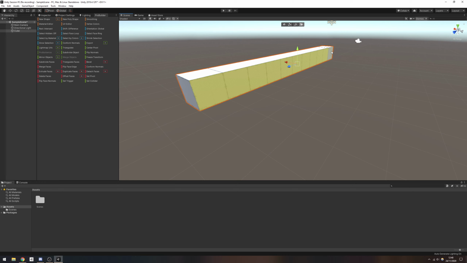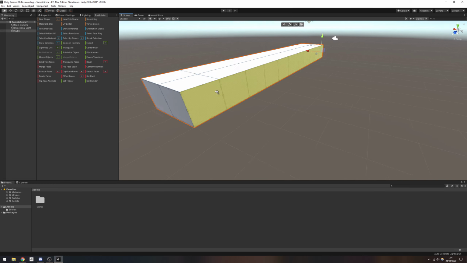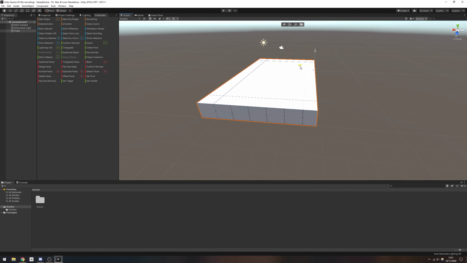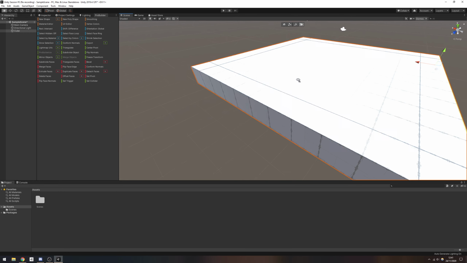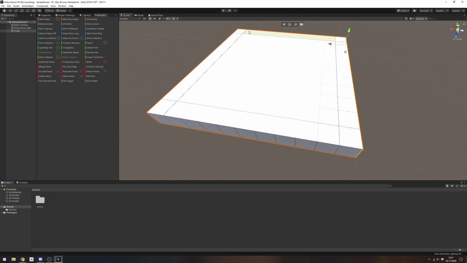And then I'm going to select these. To multi-select, it's the same as in Unity. You just select one of them, hold Shift, and then select the rest. And I'm going to extrude again, and drag out yet again to about maybe there. I'm going to extrude again, and that's going to give us this kind of shape here where the center is